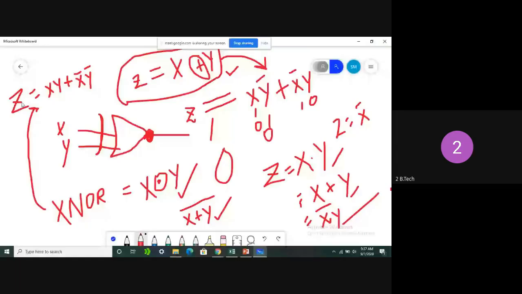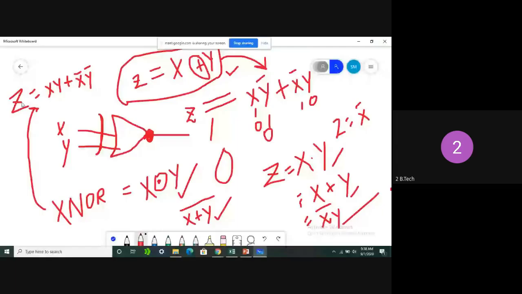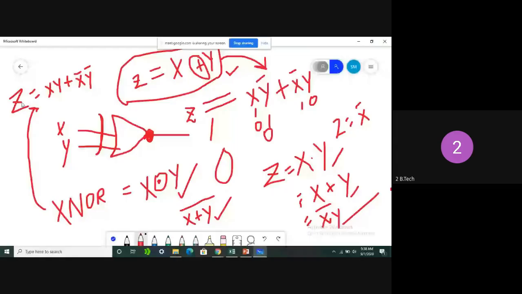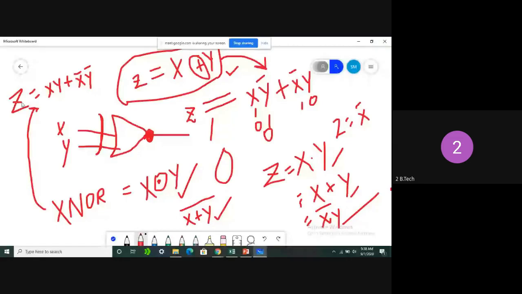So this diagram shows all the gates we have discussed from yesterday to today. These are the entire set of gates we are using in our subject, and these gates are very important while constructing memory chips, like those we use in our mobile phones, personal computers, or laptops. In the coming units or next topics, we can see how, with the help of these gates, we can construct memories. Memories are used to store data.